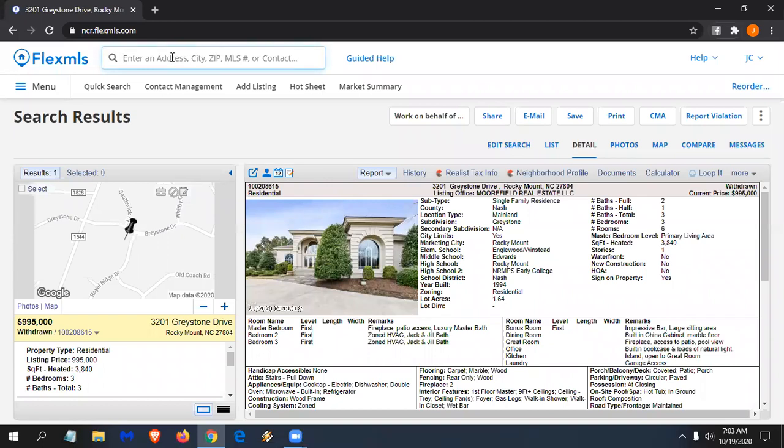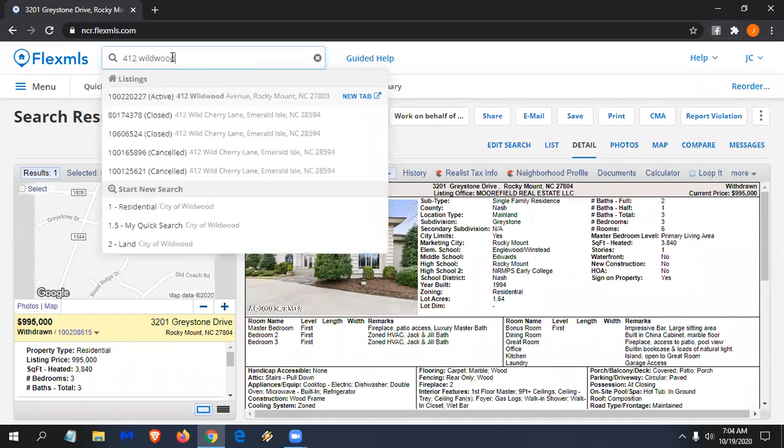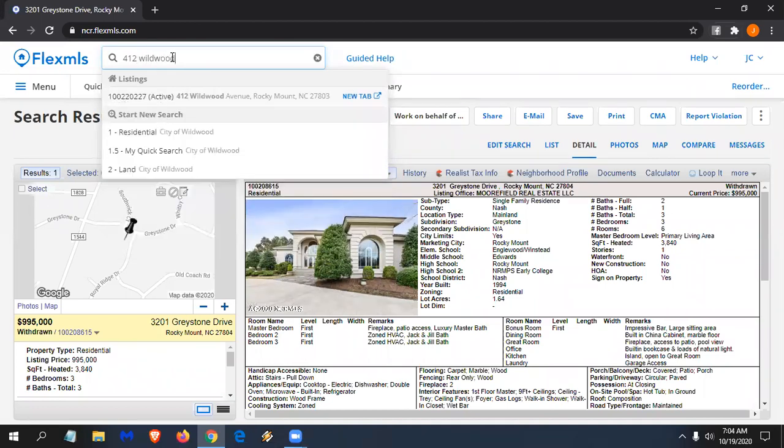Now the second thing that we're going to do is type in an address. An example of an address is 412, and I highly recommend writing this down, Wildwood. So I type in 412 Wildwood. Now it's already found it. I didn't have to type an avenue, and it's already found it. So I can click on this,